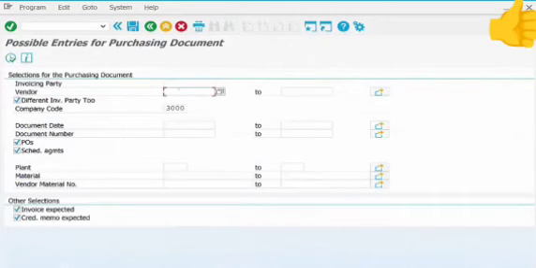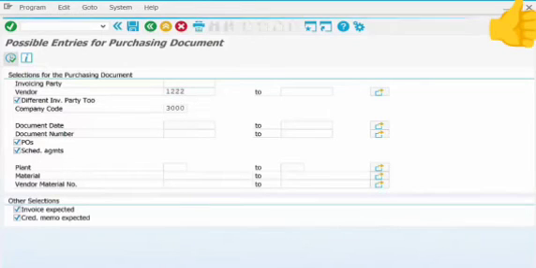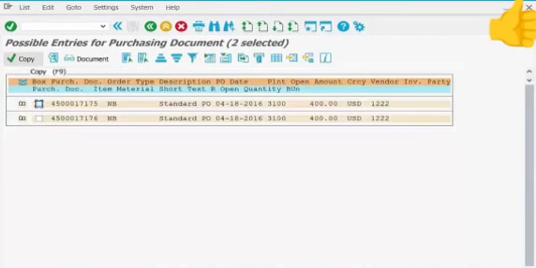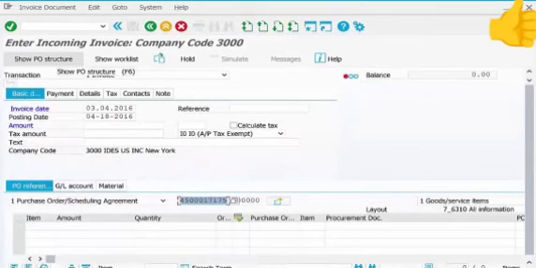Who's the vendor? 1222. Hit execute, and it'll list all the purchase orders that have been created for that vendor. So select your purchase order and select copy, hit enter,